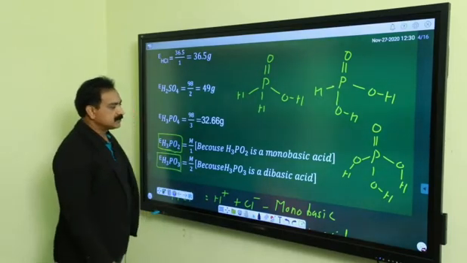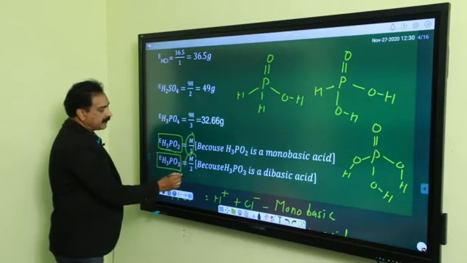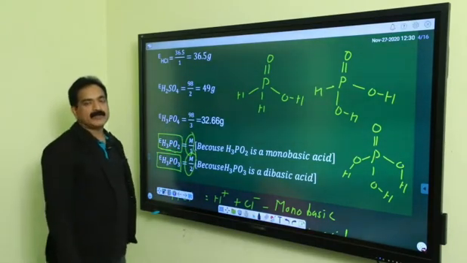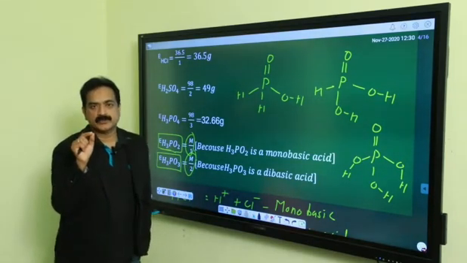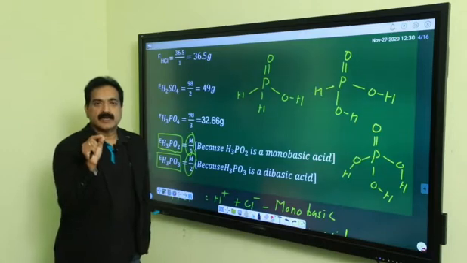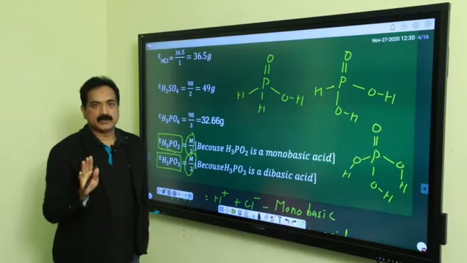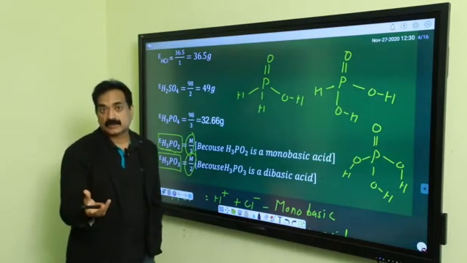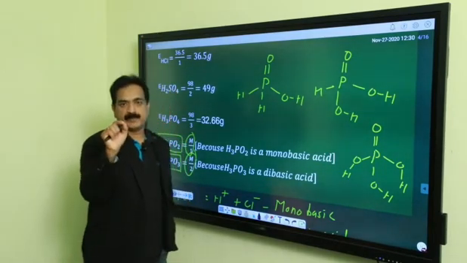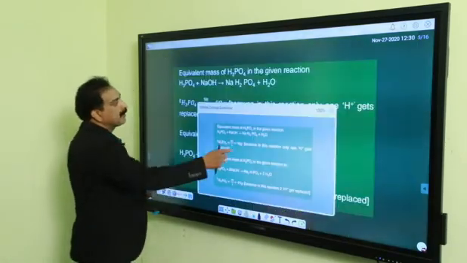Point is clear. So in case of H3PO2, it is M by 1, and in case of H3PO3, it should be M by 2. So this is very important. Particularly for H3PO3 and H3PO2, you should be careful, because in most of the oxoacids, the number of hydrogen is equal to basicity, meaning all the hydrogen can be donated as H positive. So there is no problem in case of other oxoacids, but in case of H3PO2 and H3PO3, you should be very careful.